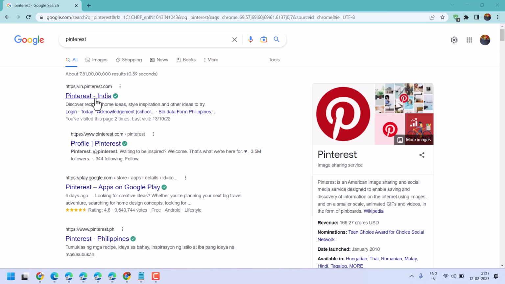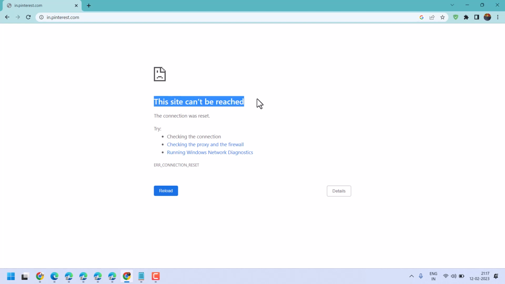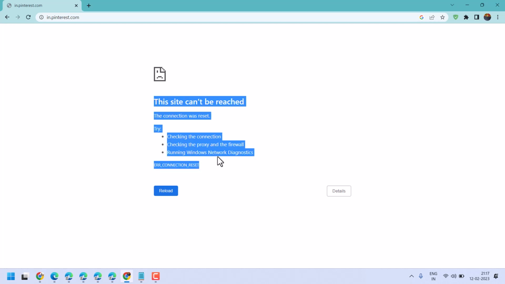So I will show you how to fix and resolve Pinterest not opening, if you are facing the problem "The connection was reset." You can resolve this problem by trying this method. First one,